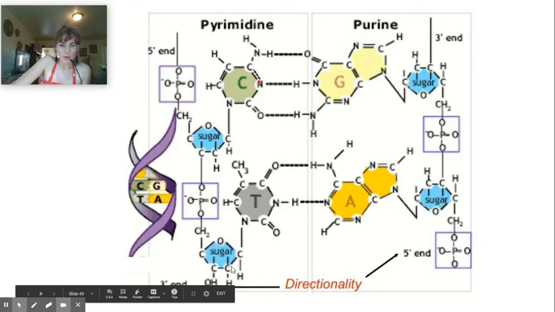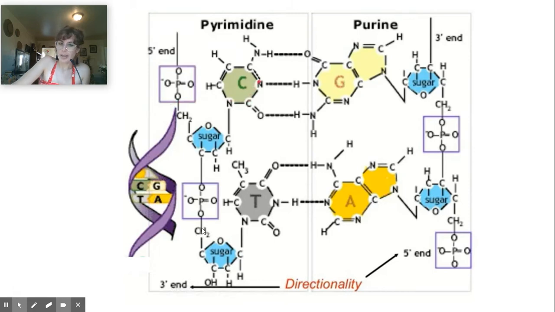Then I keep going around because I can't go this way or I bump into an oxygen. Carbon 1, 2, 3, 4. And on that 5th carbon, what do I see? I see that phosphate functional group. Okay, so you can see that they start to bond